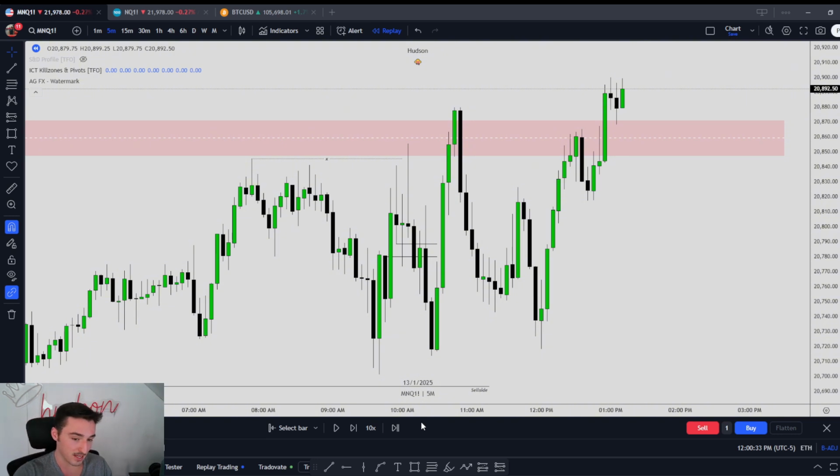I don't know if ES ended up taking them or not. I just kept peeking at the NQ chart because I wanted to see if we were going to take those lows, and we never did. So this was a break-even trade. I thought it was a loss, so that's my bad.